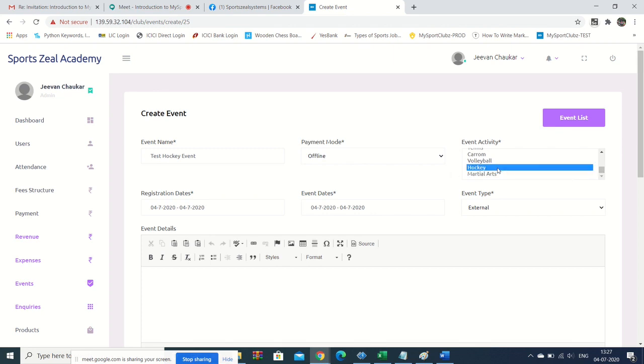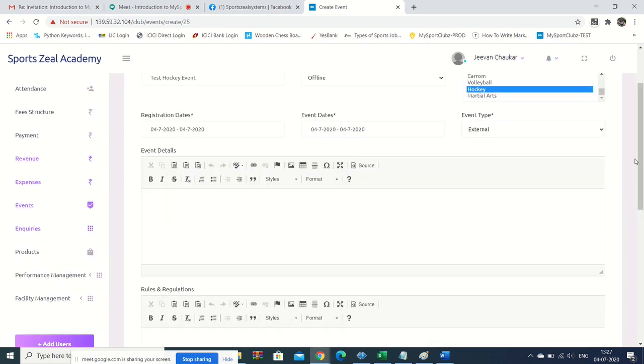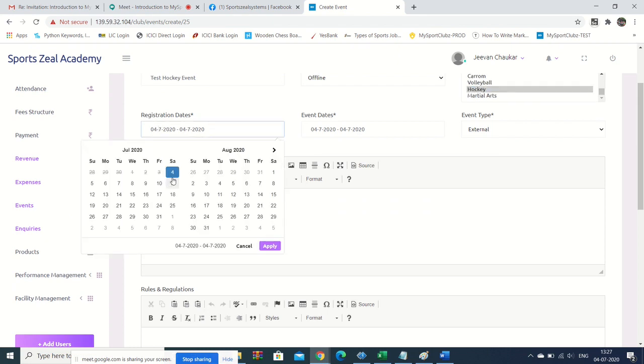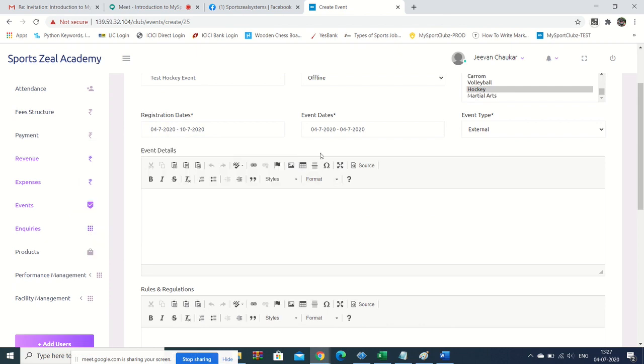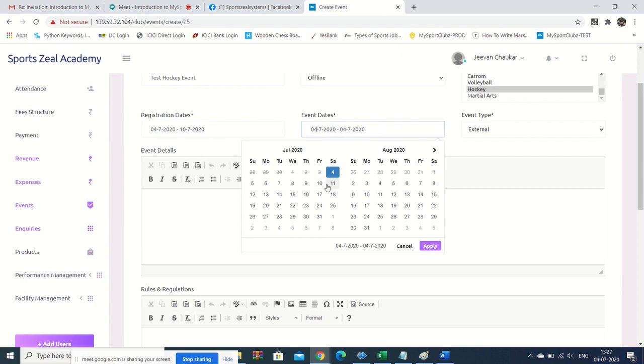So here I select hockey, and then I can define the registration date. Let's say I define 4th of July to 10th of July as the time for registration, and the event happens from 11th of July to 18th of July.